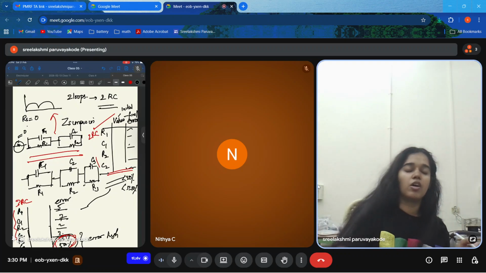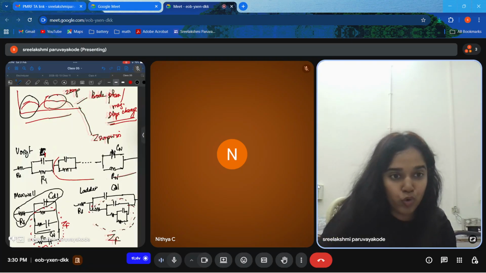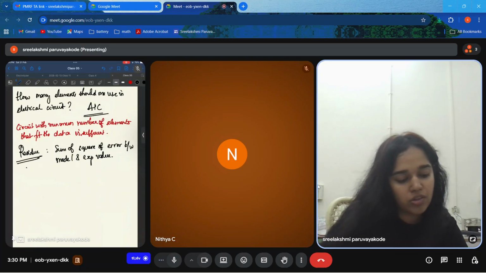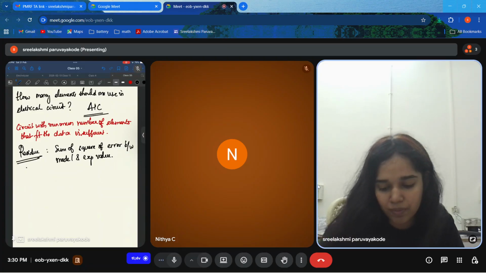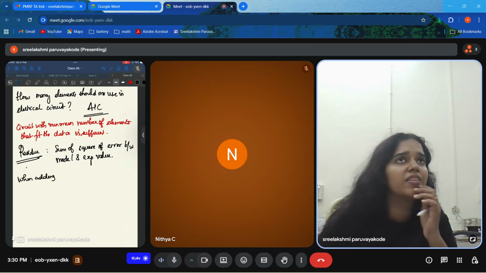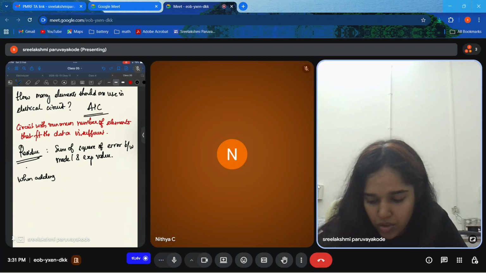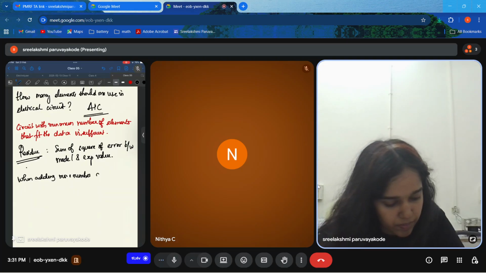This is using a software called Z-Submit. But otherwise, if you are doing it by hand, you have to take the error between the model and the experimental value, square of the model and experimental value. When you keep on adding the RC elements or any passive elements, and the error after a point does not decrease but keeps on increasing, you understand that the previous case you have to take and say this is a maximum fall. So when adding more number of elements,